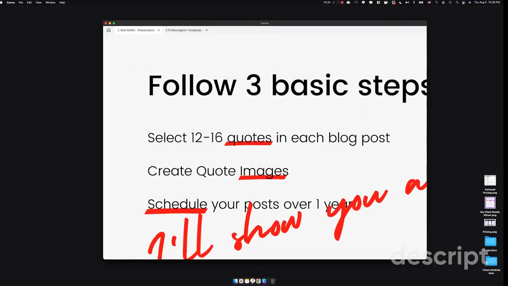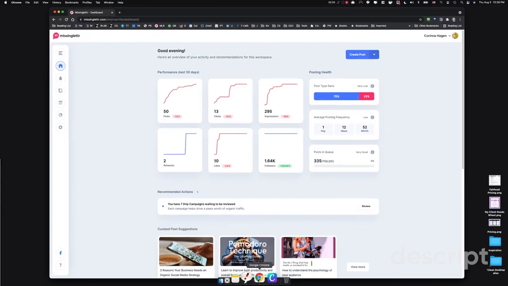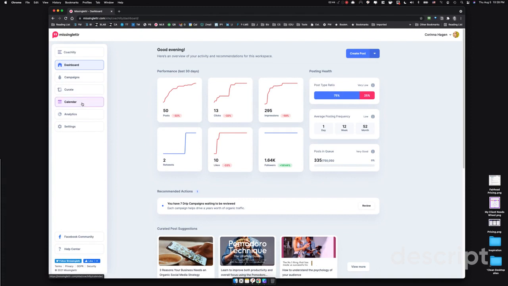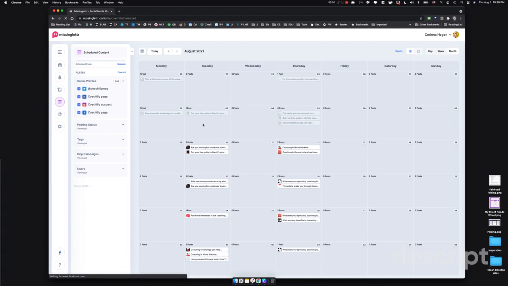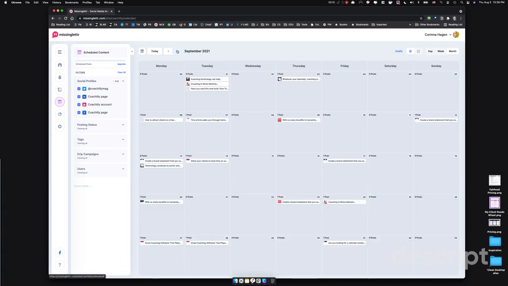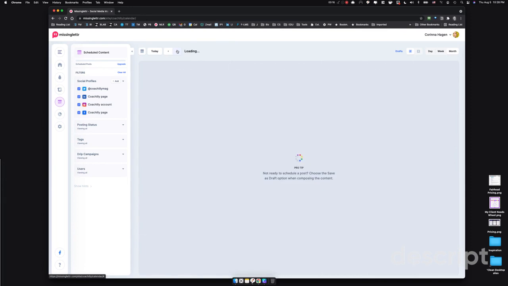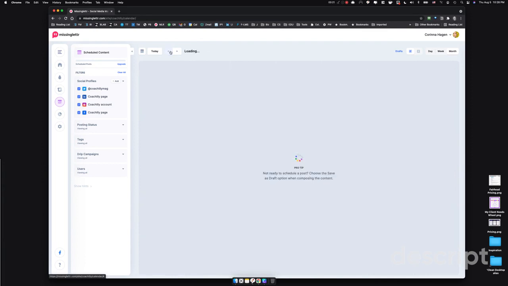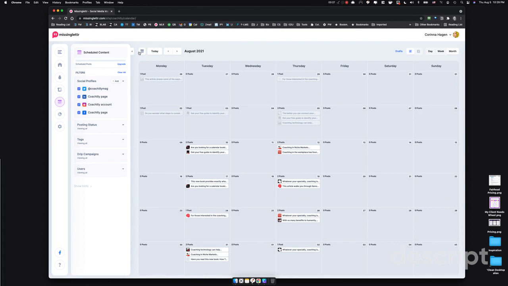All right, so let's head over here, leave Canva and go over here to Missing Letter. So here in Missing Letter, we start seeing the dashboard as we log in. And what I want to show you is first the calendar. So for the month of August, you see here, I have already pre-scheduled all of these different posts. And if I go throughout the year, there is something scheduled there. Now I have to tidy this up. I like to post on Tuesdays and Thursdays, which for August is already the case. For the future months, I will have to go in once a month and just tidy this up.